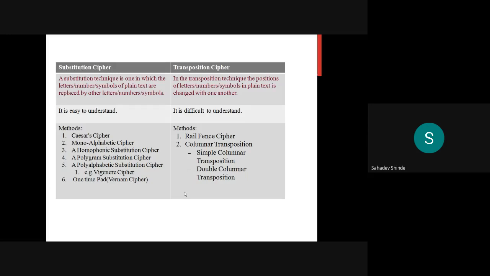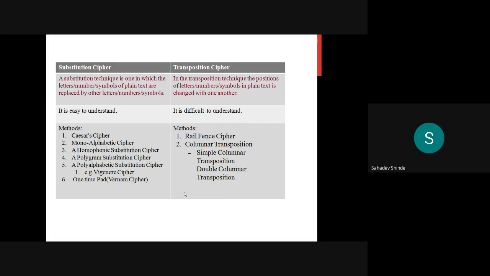Now here we have listed some differences between substitution ciphers and transposition ciphers. In the substitution cipher, the letters, numbers, or symbols of plain text are replaced by other letters, numbers, and symbols.